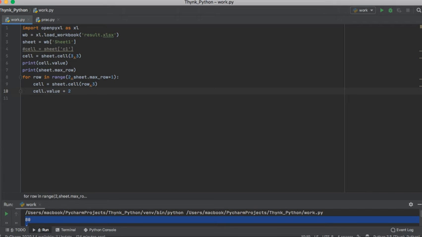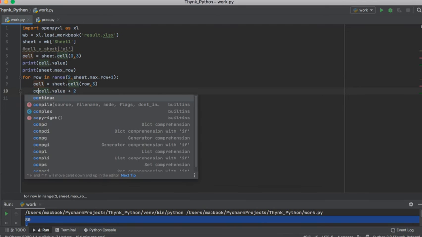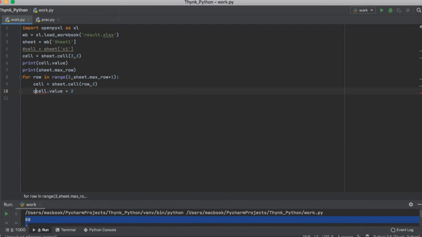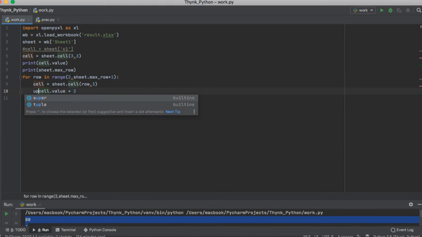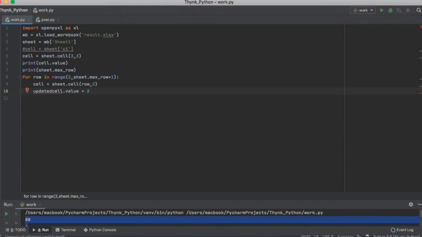Now this new value I want to store in updated marks. Now we have updated marks stored in a variable called updated marks, right?